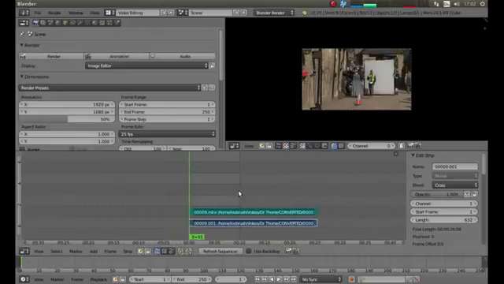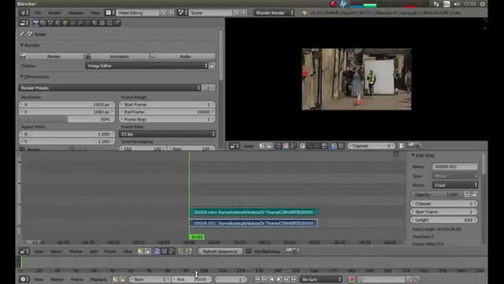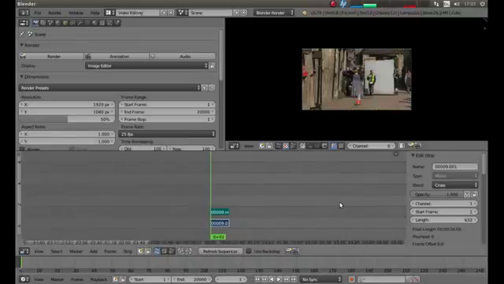Another problem with Blender is by default you'll only get 250 frames in this view. And depending on your video, obviously you're going to need a lot more than this, so you can increase this initially and decrease it or increase it further as you go. So typically if you come down to the bottom of the screen where it says end 250, just left click and type in something like 2000 and you'll find you've got a lot more